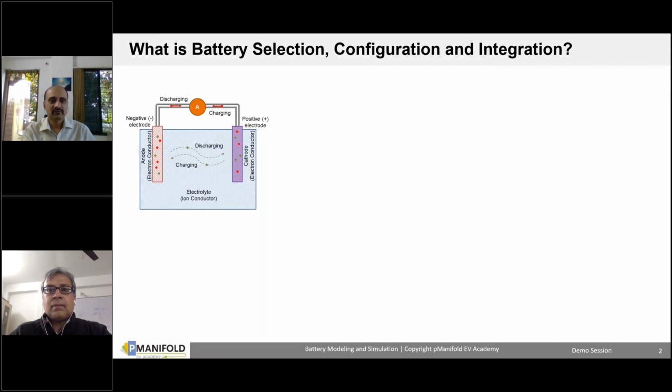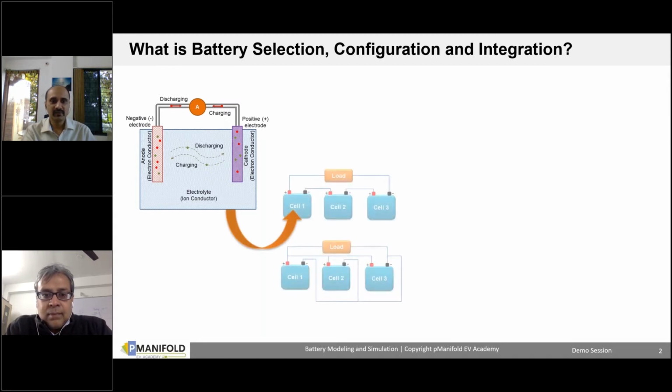So any battery consists of cells. A unit cell is basically an anode and a cathode with an ion conductor, also called electrolyte, as well as the charged conductor, which is outside the cell and flows across the load. This unit cell, in a configuration of series and parallel cells, will make up a battery pack.